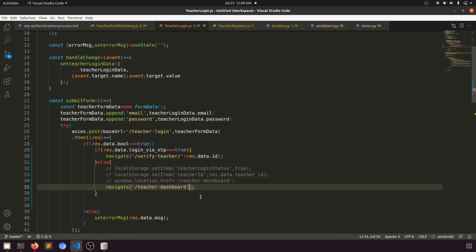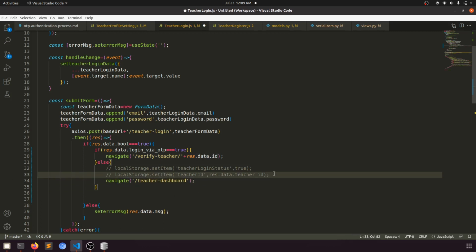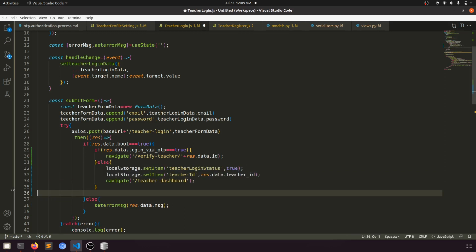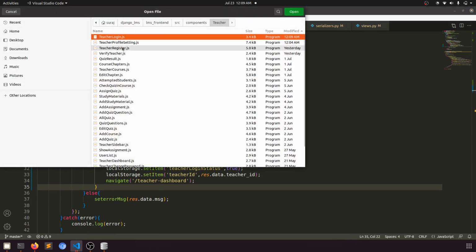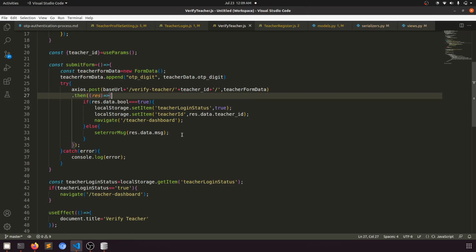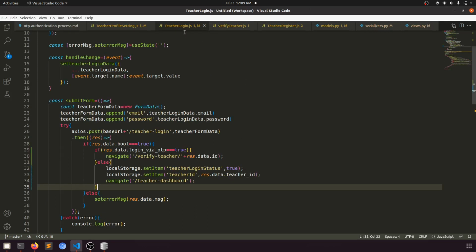All right, and remove this and enable this, uncomment this. And in the verification, let's go to the teacher verification, verify teacher. Here we are sending to the teacher dashboard directly. All right, so